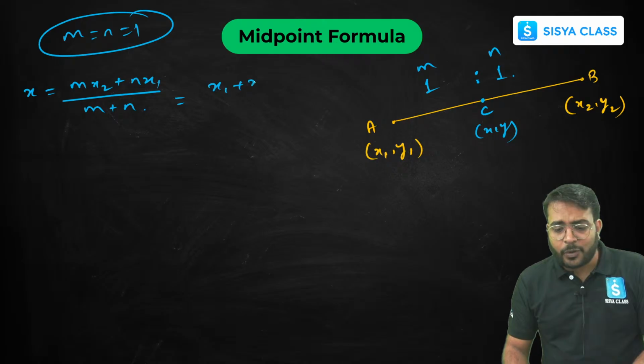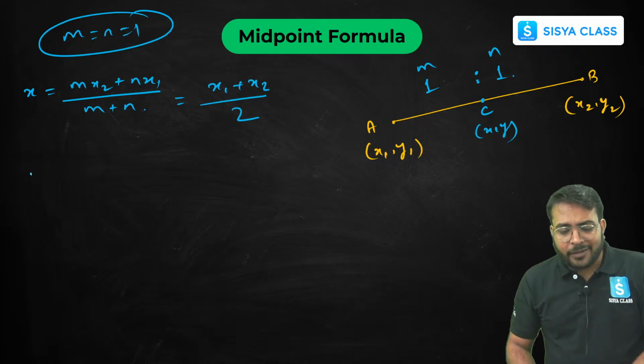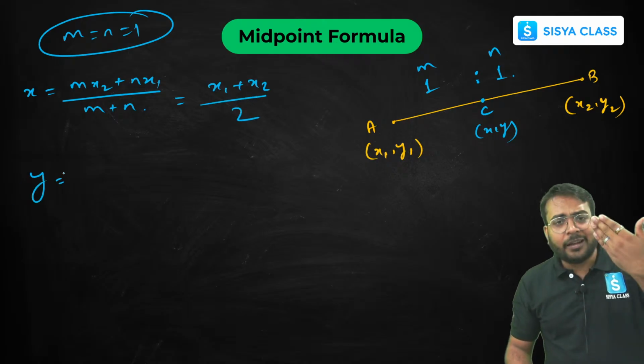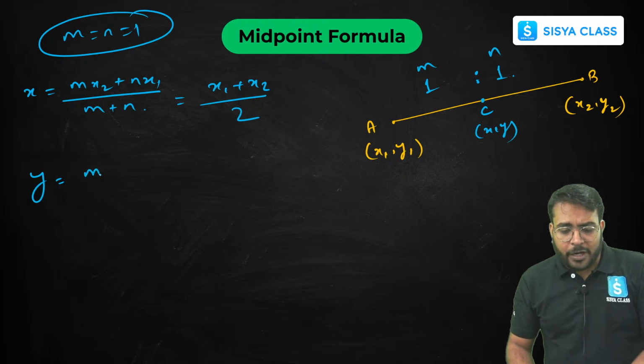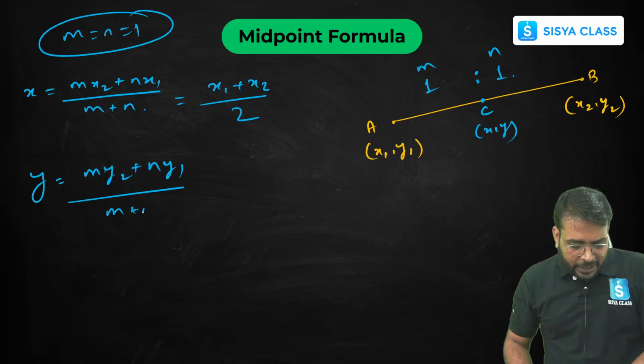सो यू आर गोइंग टू गेट बेटा x1 प्लस x2 बाई 2 एंड इन द सेम वे y की वैल्यू क्या है, हमने क्या निकाला था बेटा सेक्शन फॉर्मूला में, m इंटू y2 प्लस n इंटू y1 डिवाइडेड बाई m प्लस n, ऑल राइट।